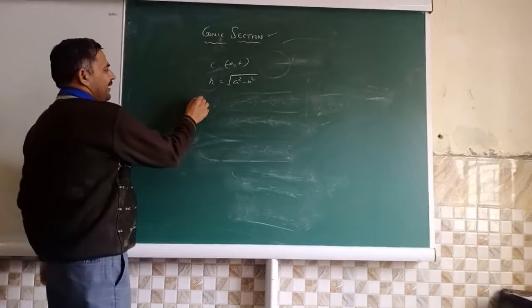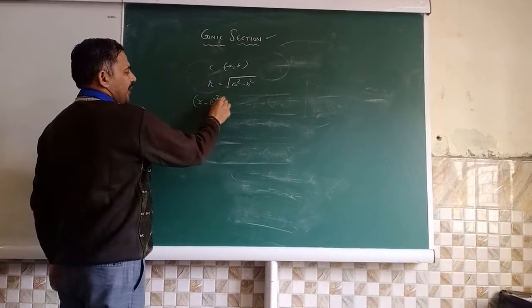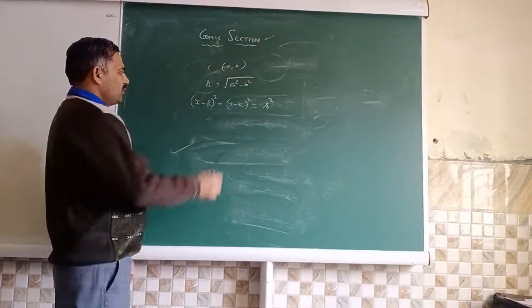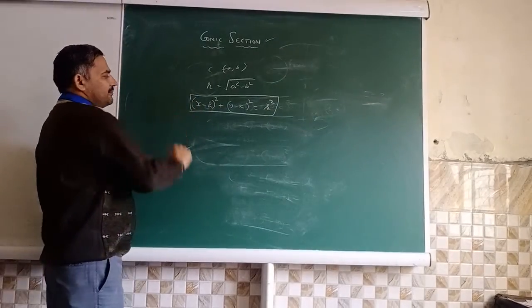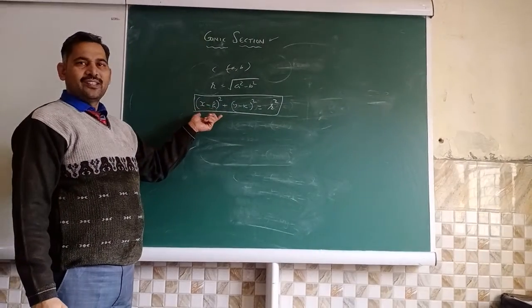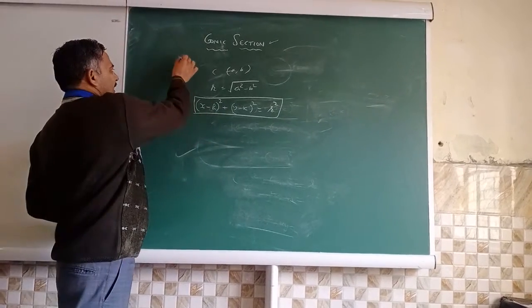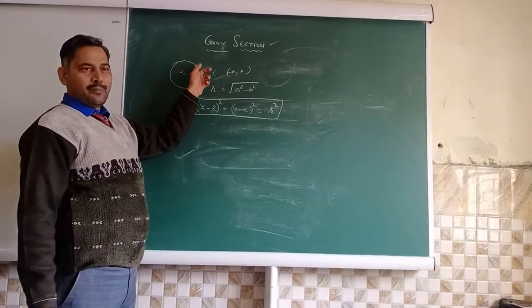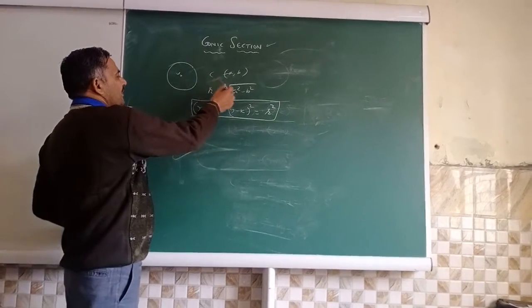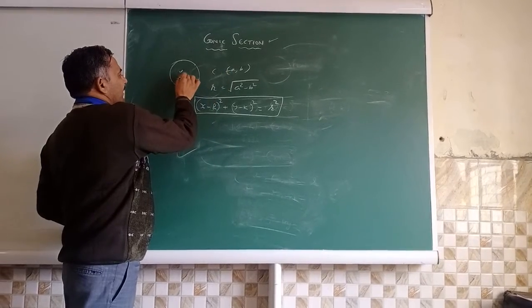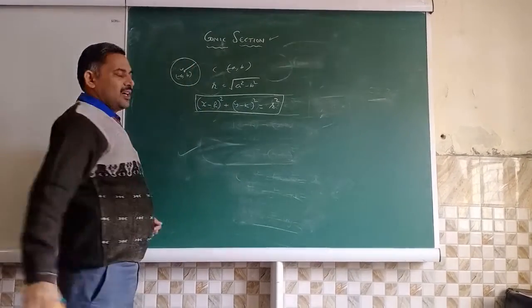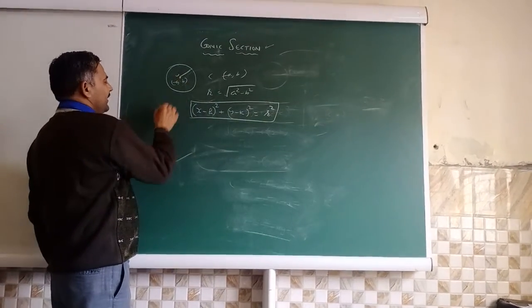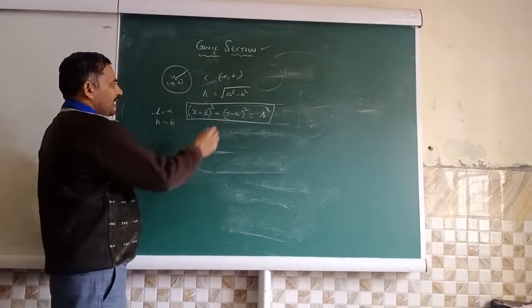Generally you have learned this: (x minus h) whole square plus (y minus k) whole square is equal to r square. So I hope the derivation is clear. In the last question we discussed how to make this equation, when the center is given and a fixed point or moving point is given. So here the moving point is (x, y), the radius is this, and the center is (minus a, b). How do we make it? Putting the values of h and k: h is equal to minus a, k is equal to b, and the radius is given.